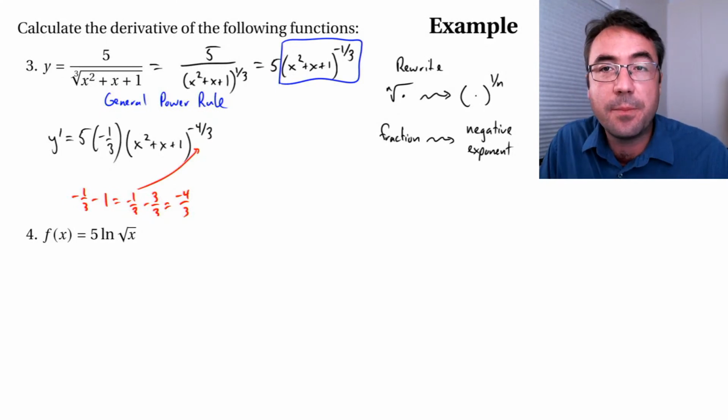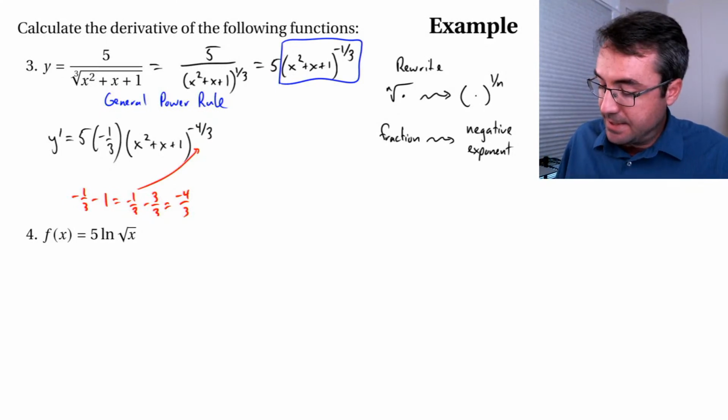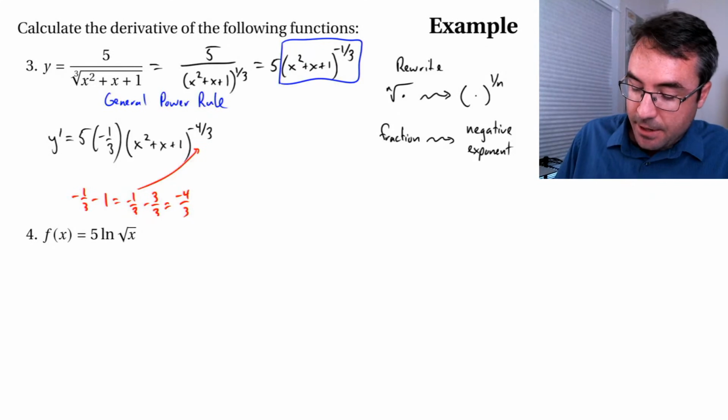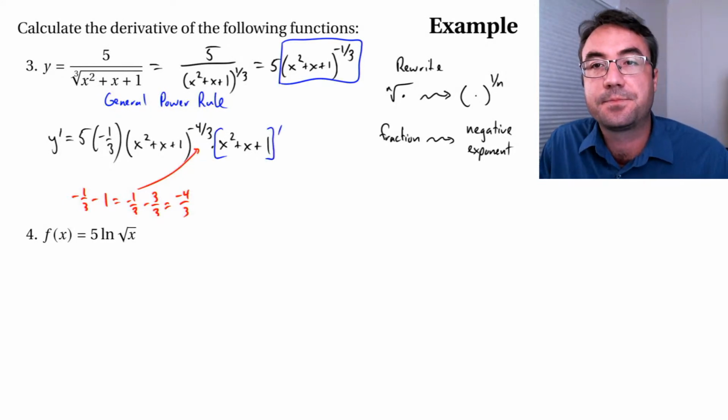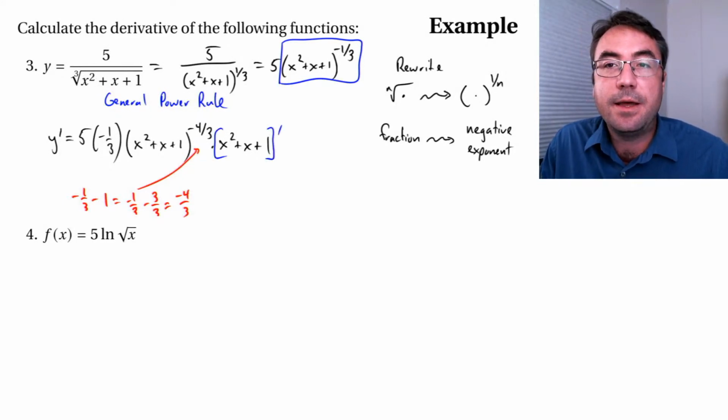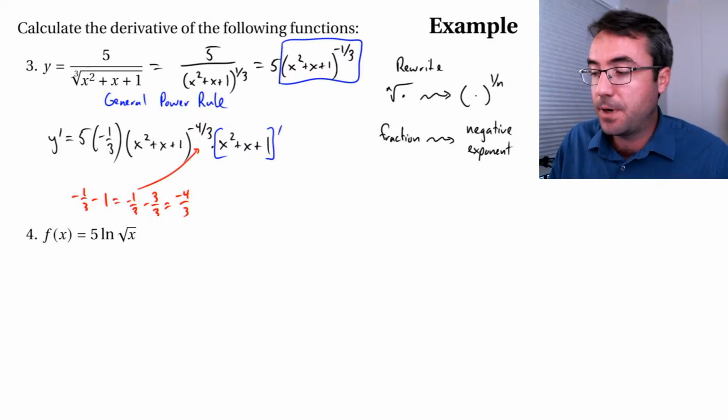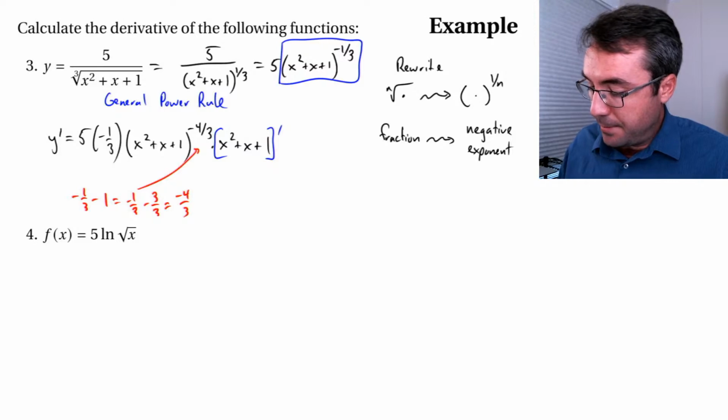So we've done the power rule part. That's not the end. Then we take our inner function, x squared plus x plus 1. We multiply by its derivative. And we're almost there. We just need to go a little bit further and finish differentiating. So when we do that,